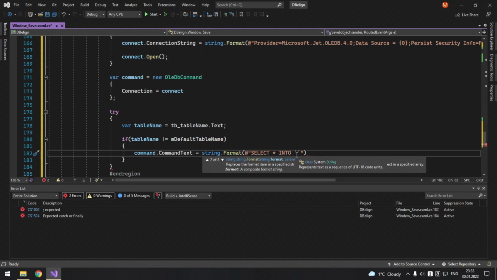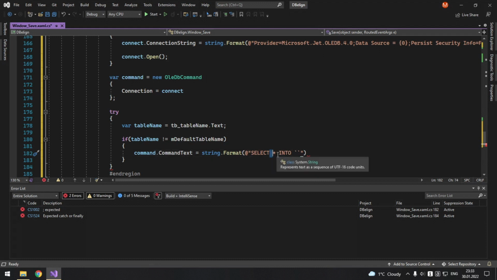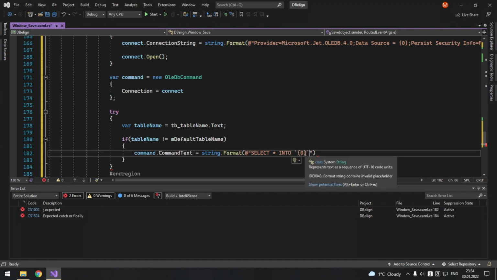those strings which do not contain white spaces, because they usually mean that the next word is a command or a parameter or something else. But if you put it inside these two characters, everything here will be treated as one string. So here we will just pass the parameter, and we will select everything into a table name from the default table name.